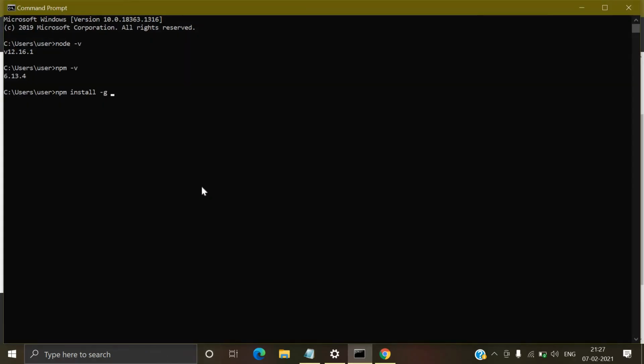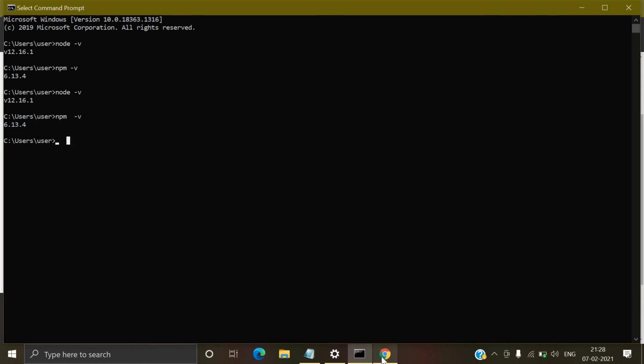Let me check my version of npm and Node.js. Here you can see 12.16.1, this is my Node.js version, and let me check my npm version. Here you can see 6.13.4.